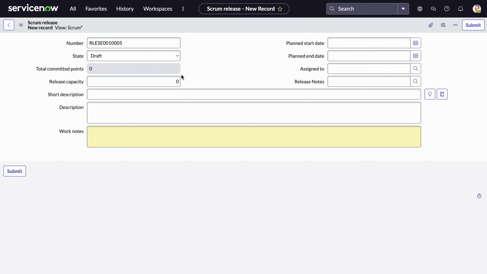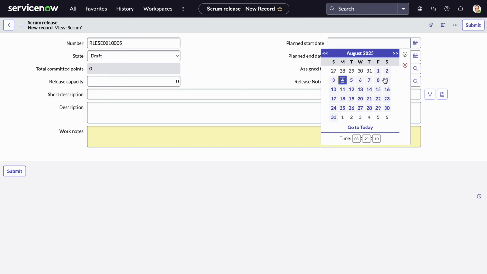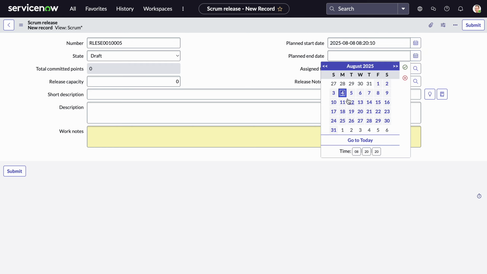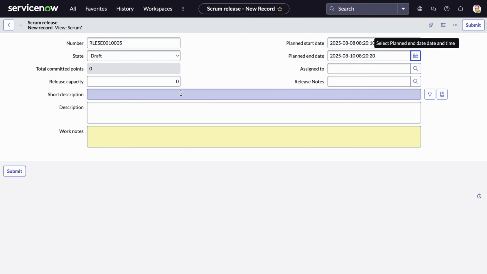So a few things that we'll essentially need here to help with the content is the plan start date and end date. It's not required, but it's great to have, and we could put this in the knowledge article as well. So let me say I look to do it on the Friday, and essentially we'll finish on the Sunday as an example. And I'll put in my short description. So this is release demo